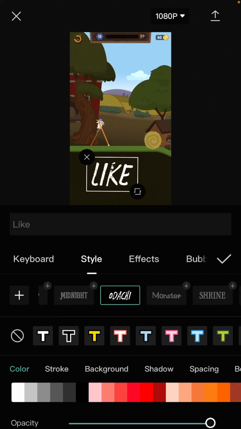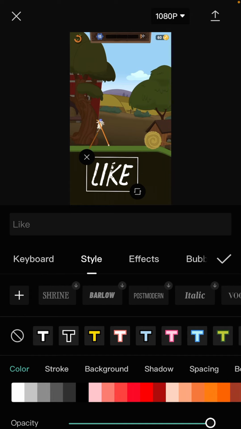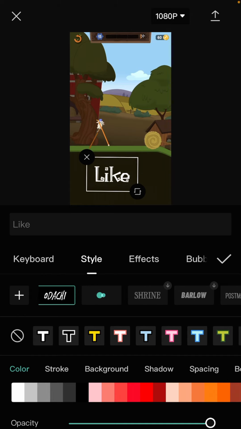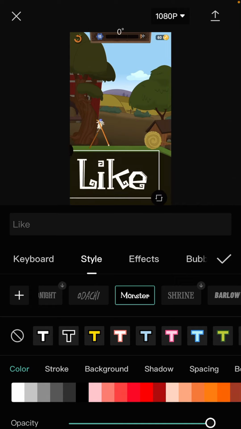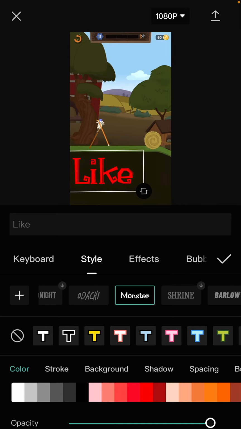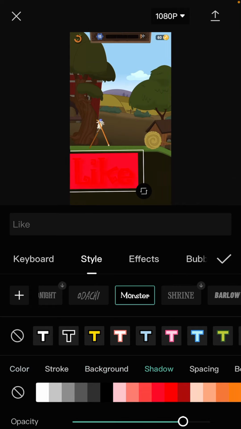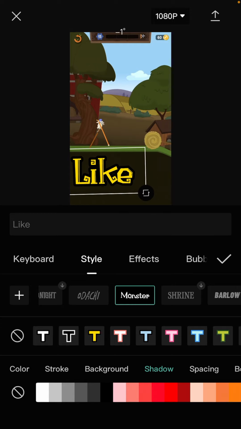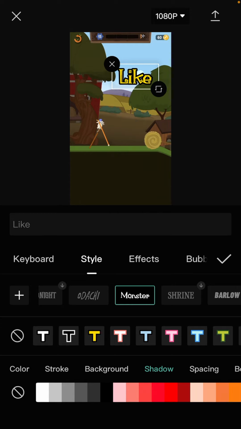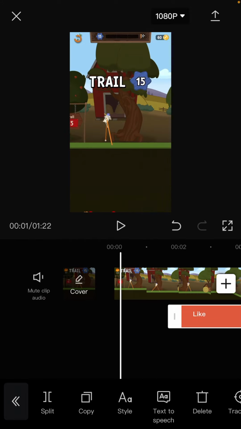So this is the portion where you can find all the fonts. Let me download this monster font, and boom, you can also change the color, change the background, and you can also adjust them on the screen, and you're good to go. Press on this tick button and boom,